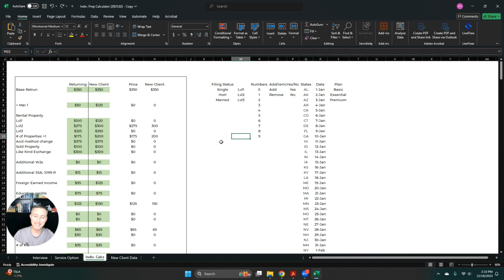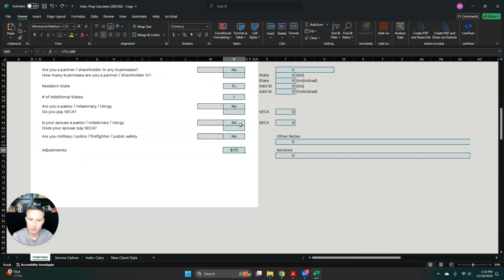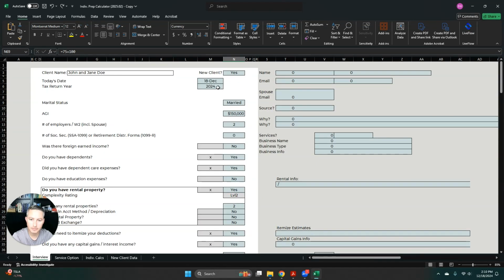Your return is probably simple enough to go do a self-prep option. Go do that. If they come in after March 1, and before the due date of the return, so let's do that. Let's say they come in on March 30th. So as a tax preparer, if someone tries to come in on March 30th, I actually